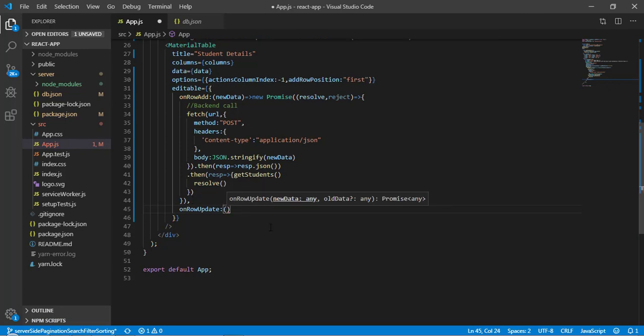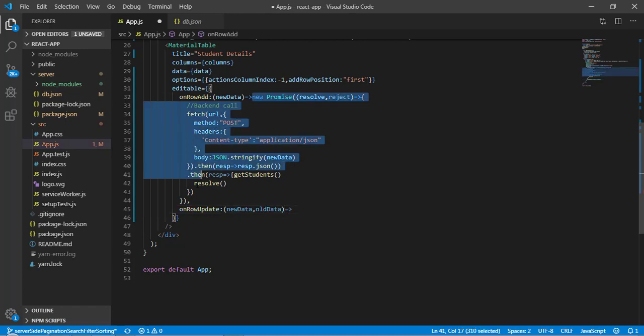So now here brackets, and as you can see it is going to give me 2 parameters, and that is called newData and oldData. Okay, and remaining thing I am going to return a promise. So promise, so let me copy from here and paste it here.